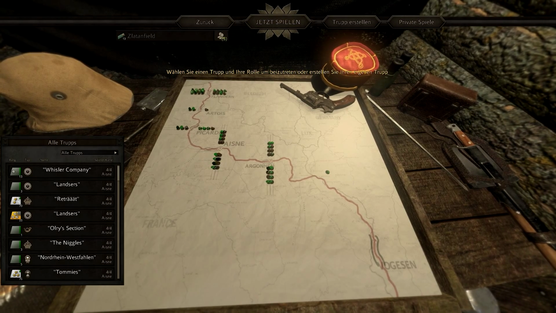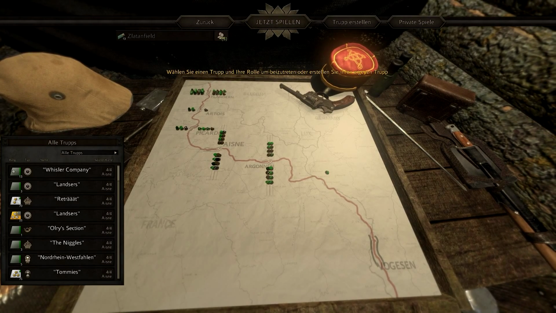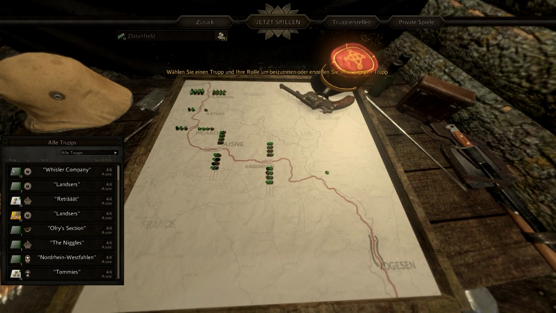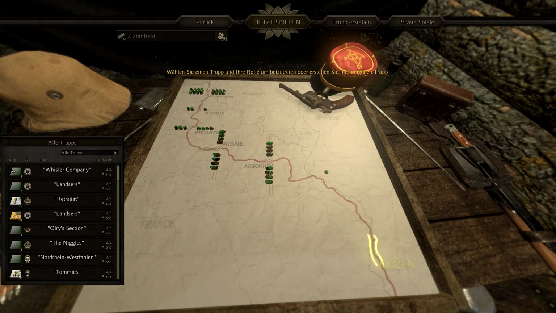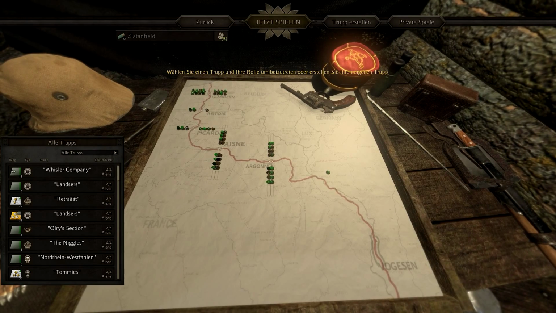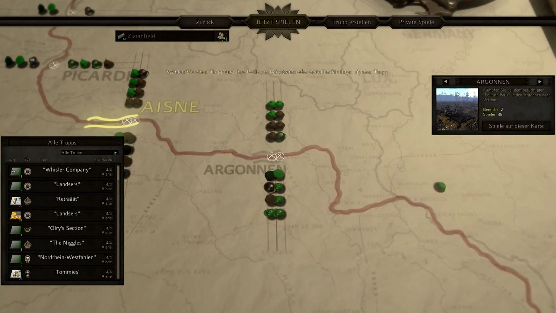So what you can see right here is the opening menu of Verdun. It's in German because, well, I play most of my games in German since my mother tongue is German, and you can see pretty much the front line in World War One, that was between Germany and France and the Benelux states. So we'll jump right in. We're gonna go to